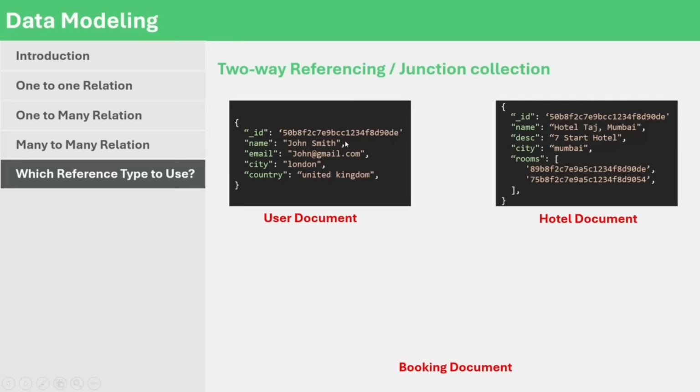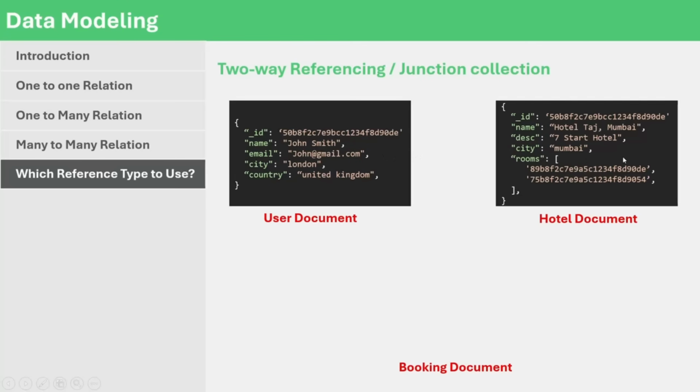So what we can do is, in the user document, we can store a reference of all the hotels which this user has booked so far. And in the hotel document, we can create a field which will store all the users who have booked a room in this hotel. But instead of doing that, when we have a many-to-many relationship, what we do is